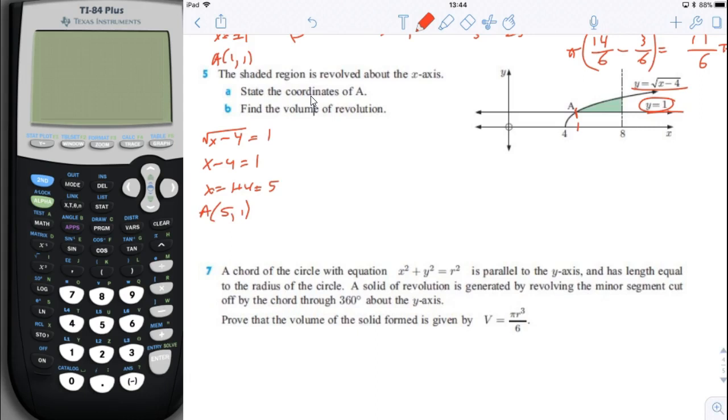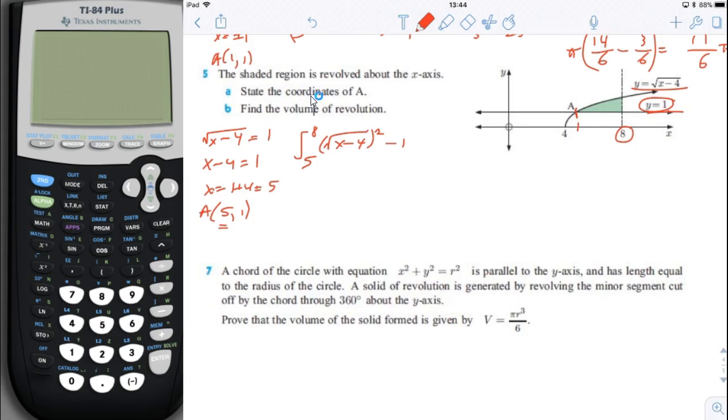Find the volume of revolution. Okay, so now we're going to use the point A for our first limit of integration. 5 is the leftmost x value. The rightmost x value is 8. And we would do the parabola, or it's a sideways parabola, which would be square root of x minus 4 squared minus, the inside function is y equals 1,